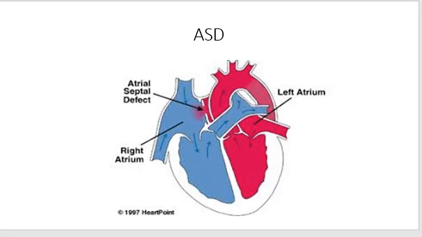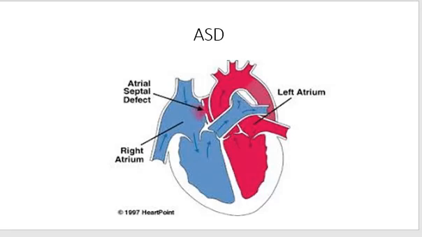And this is considered an acyanotic heart defect. The two groups that we're going to look at for heart defects will be acyanotic and cyanotic, by the way. But an atrial septal defect is a heart defect where you have an abnormal opening between the atria that